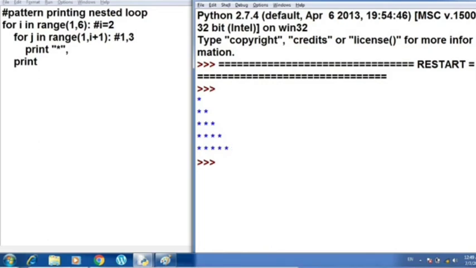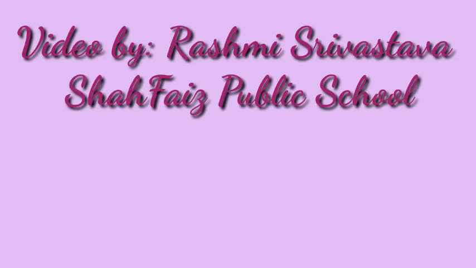You practice this pattern at your home. Try to execute some more patterns using nested for loop. If you find any kind of problem executing the programs, do